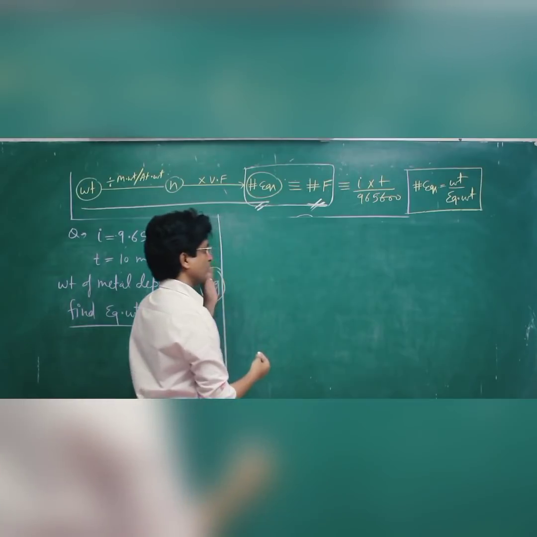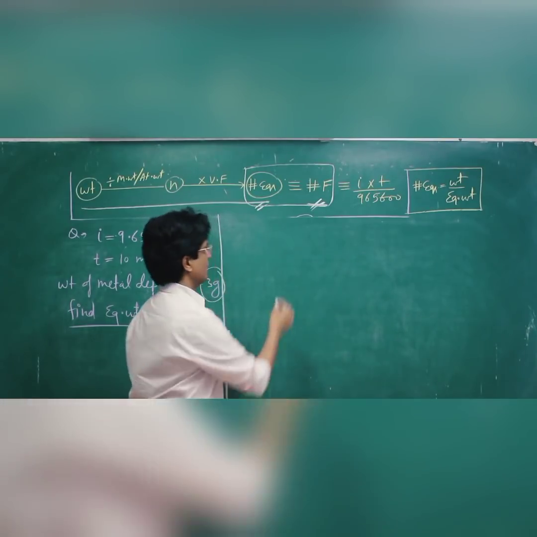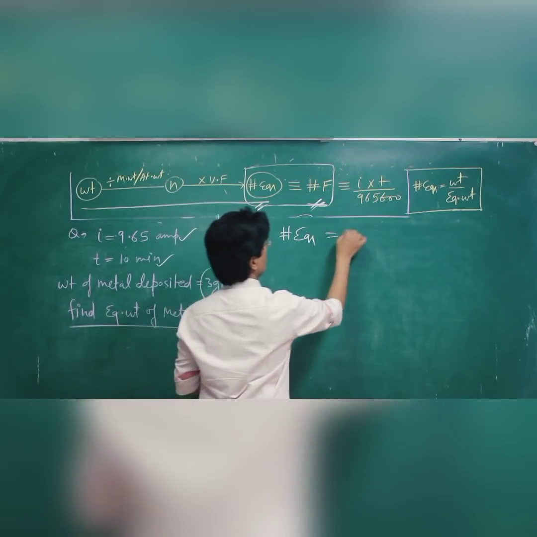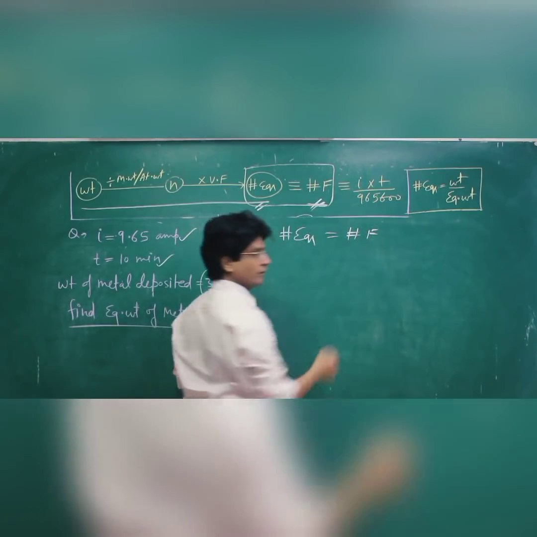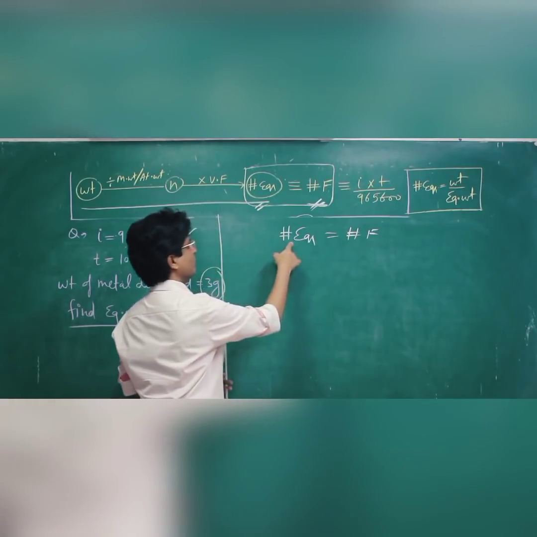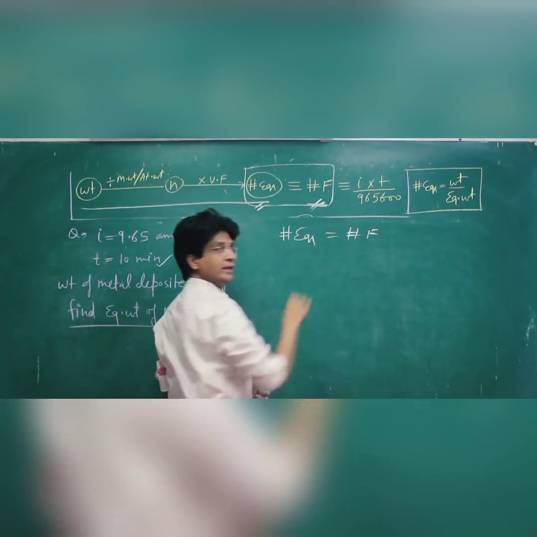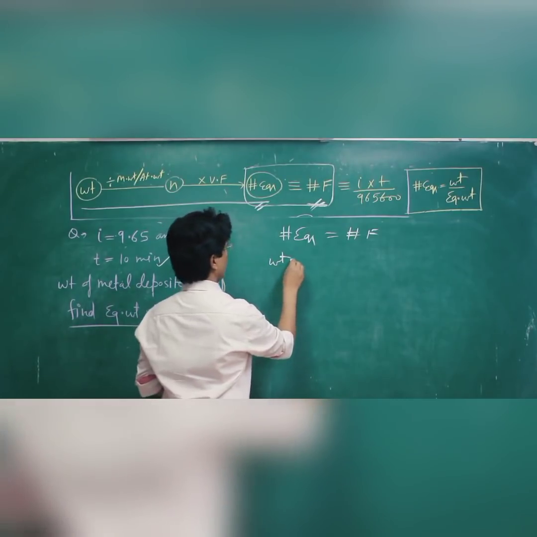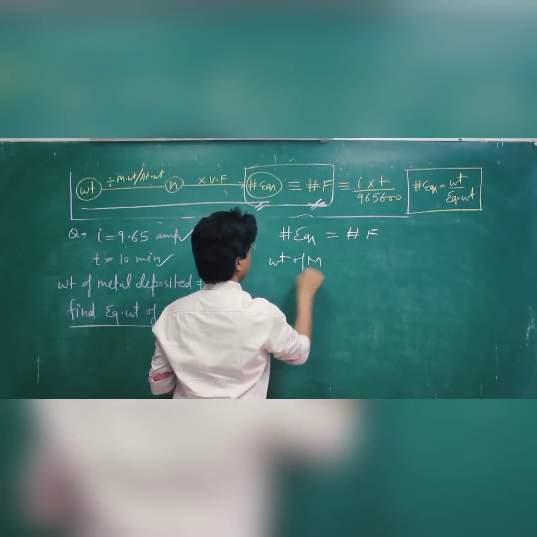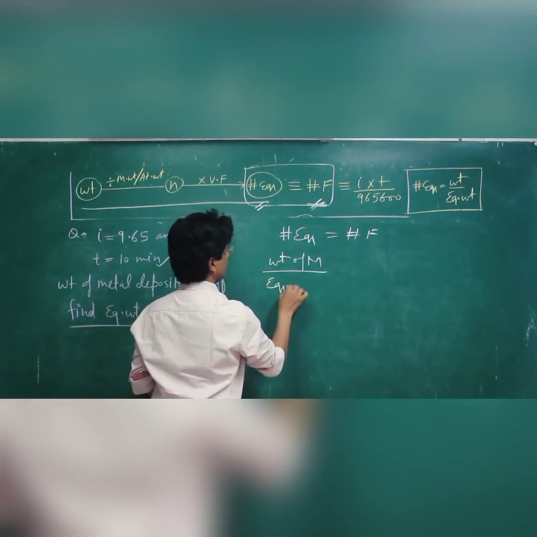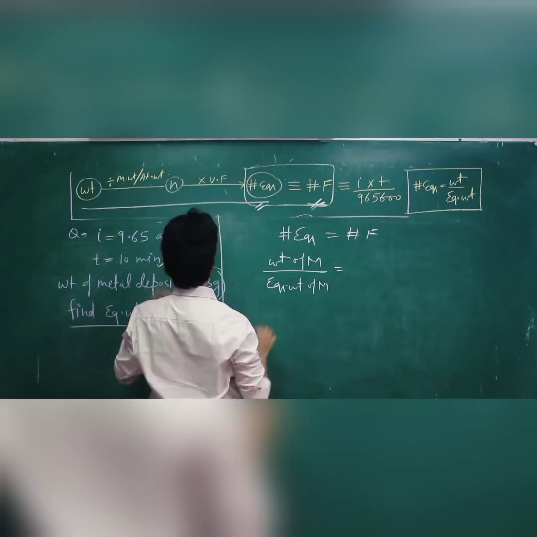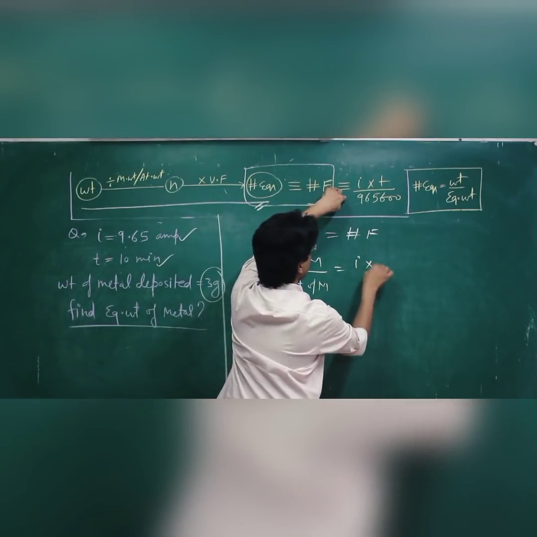Now see, I know that whenever electrolysis will take place, number of equivalents of metal should be equal to number of Faraday of the charges involved. Now what is number of equivalent? That is weight upon equivalent weight. They are asking equivalent weight. Weight of metal upon equivalent weight of metal should be equal to number of Faraday. What is that? I into T upon